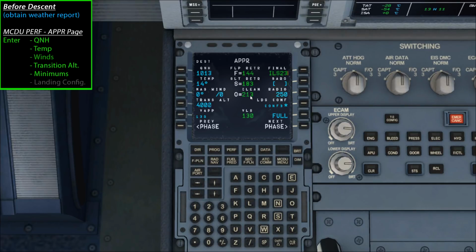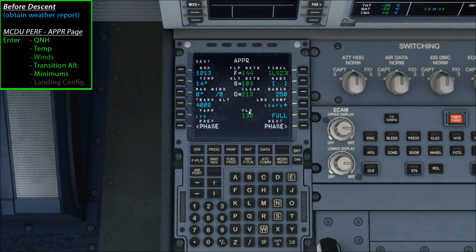So you'll notice that once you've entered all that information in, you get your V approach speed. This is going to be your final speed as you approach the runway, so make a note of that. And then you've got your VLS, or your landing speed, there of 130. But the main speed that you want to make a note of here is your approach speed, which will be